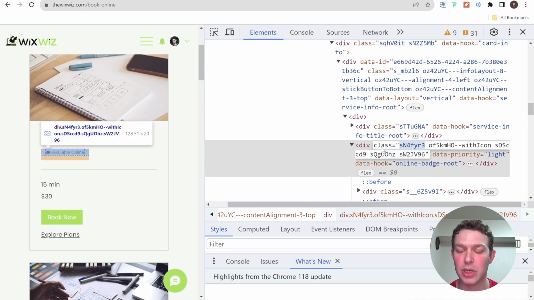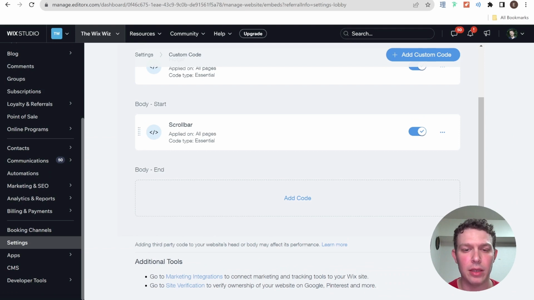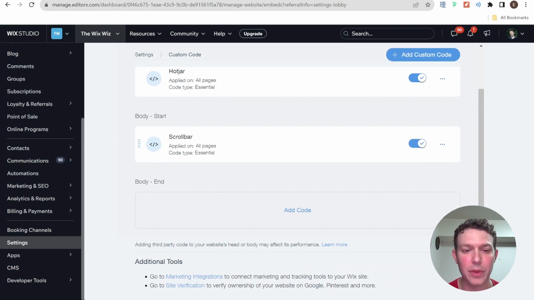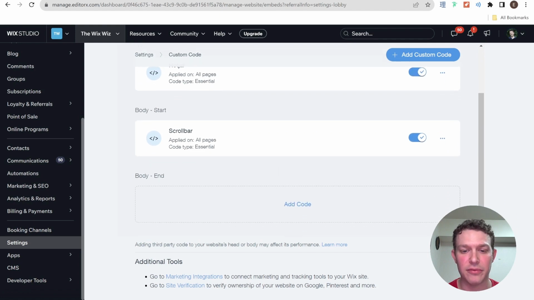So what I'm going to do is use this class inside of the custom code, and select the element that matches this class using a query selector. Okay, so here back in the custom code panel, I am going to add in a new snippet